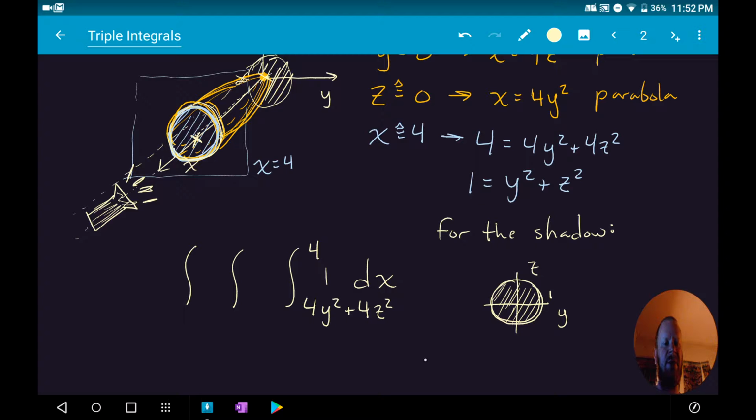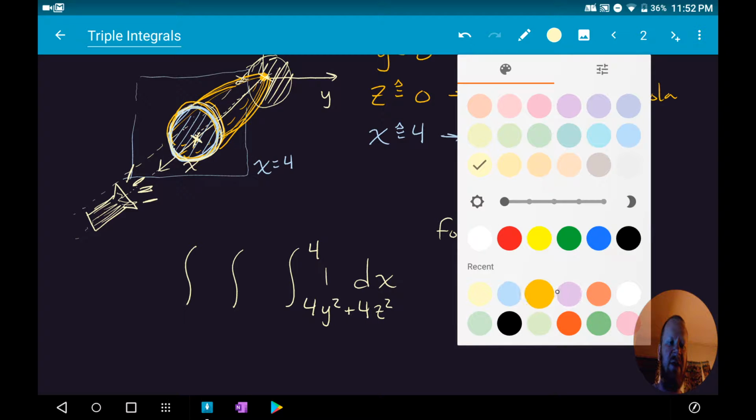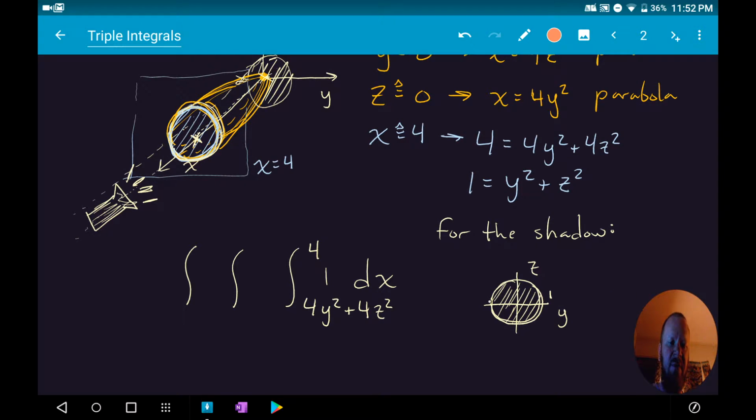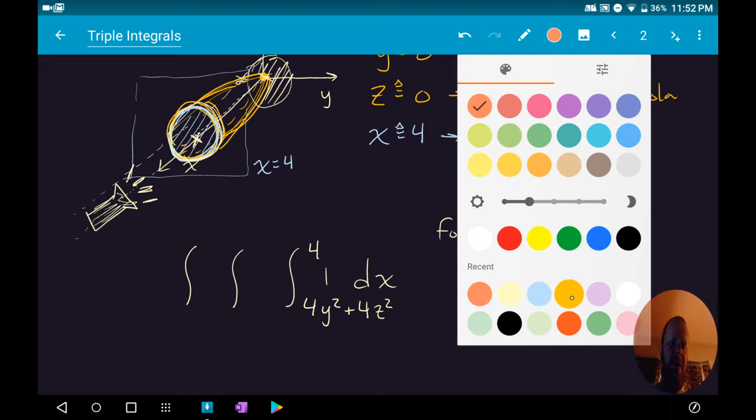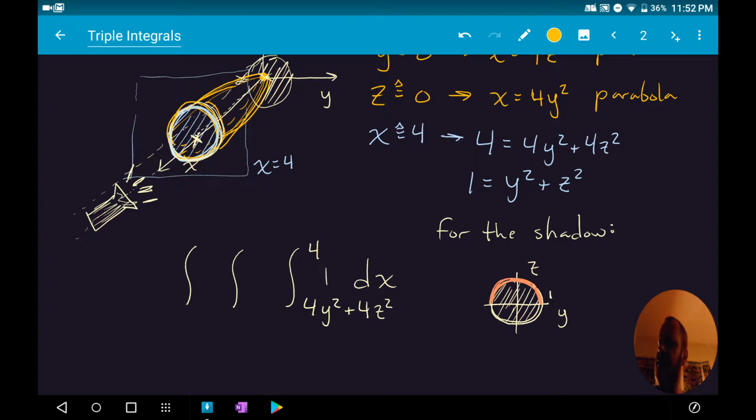So there's our shadow. And if we wanted to find that with a double integral, that's just exactly the way we would do it before. So we looked at kind of what circles look like when we express them in these rectangular coordinates. This would be a good time for polar coordinates, right? It's not crazy to want to do polar coordinates here, but we'll get into that when we talk about cylindrical